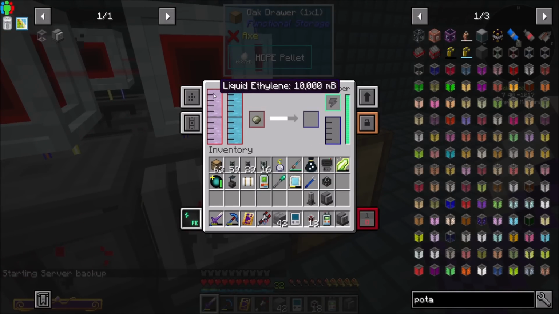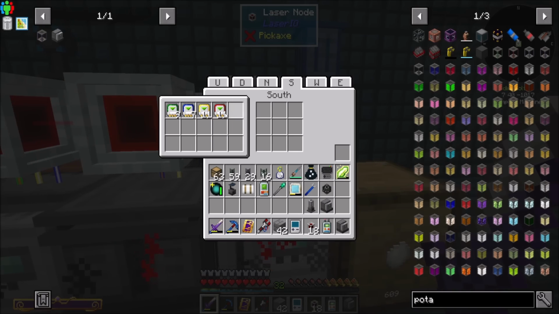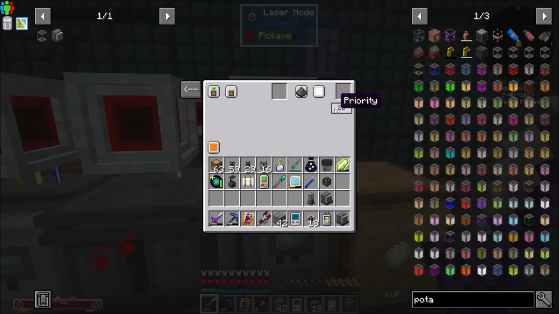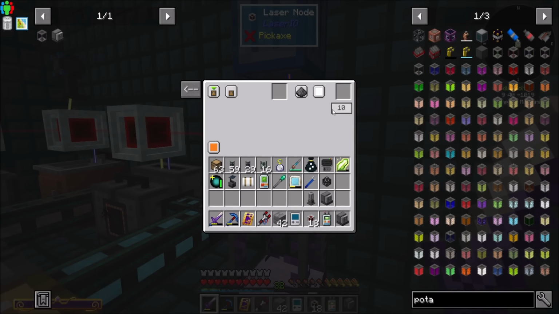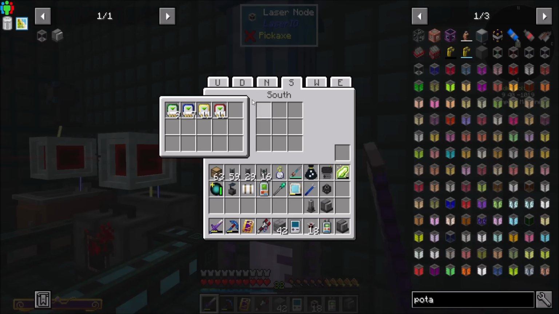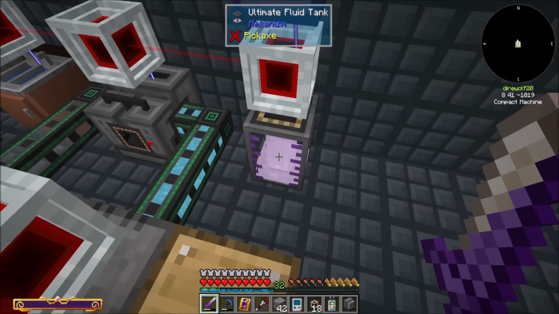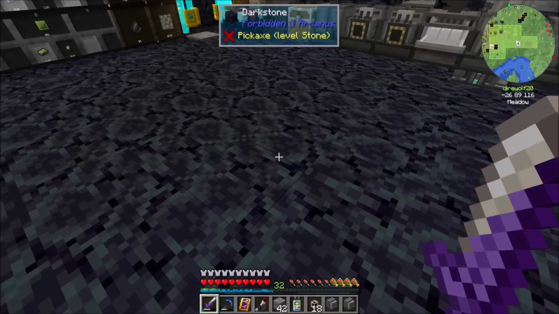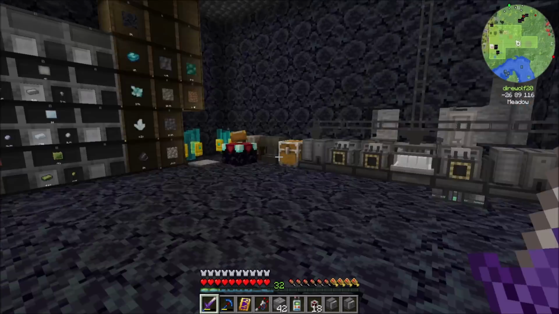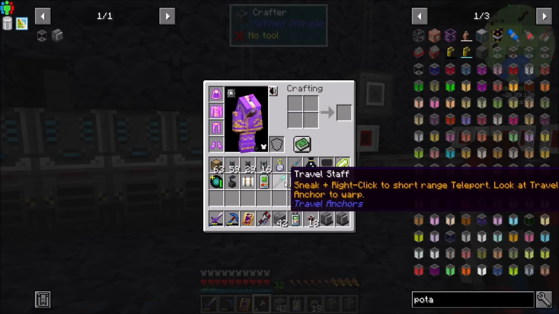You'll get your substrate. When you lose some ethylene, you're going to fill back up because you have the highest priority of 20. You have the second highest priority of 10, and then you have the lowest priority of -10. So it'll void any excess liquid ethylene. How cool is this? All right, so now that that stuff's all sorted out, let's pop over and start dealing